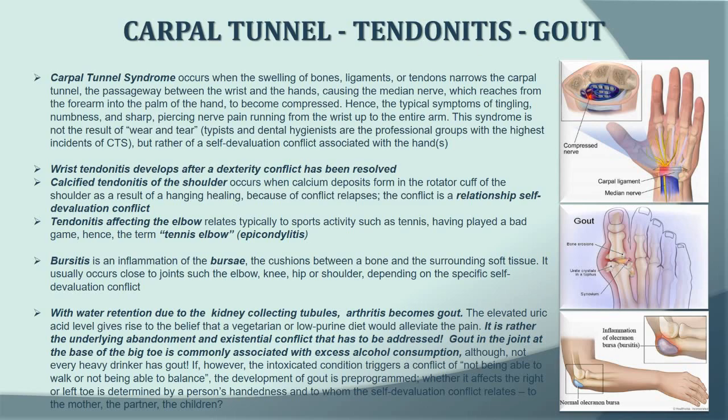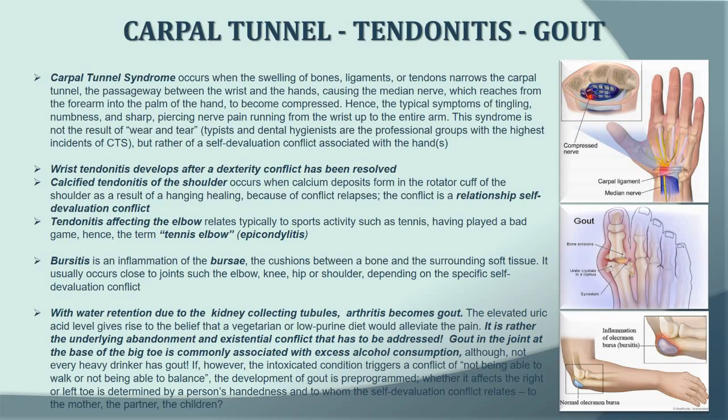tennis elbow. Bursitis is an inflammation of the bursae, the cushions between a bone and the surrounding soft tissue. It usually occurs close to the joints, such as the elbow, knee, hip, or shoulder joints, depending on the specific self-devaluation conflict. With water retention due to the kidney collecting tubulus,